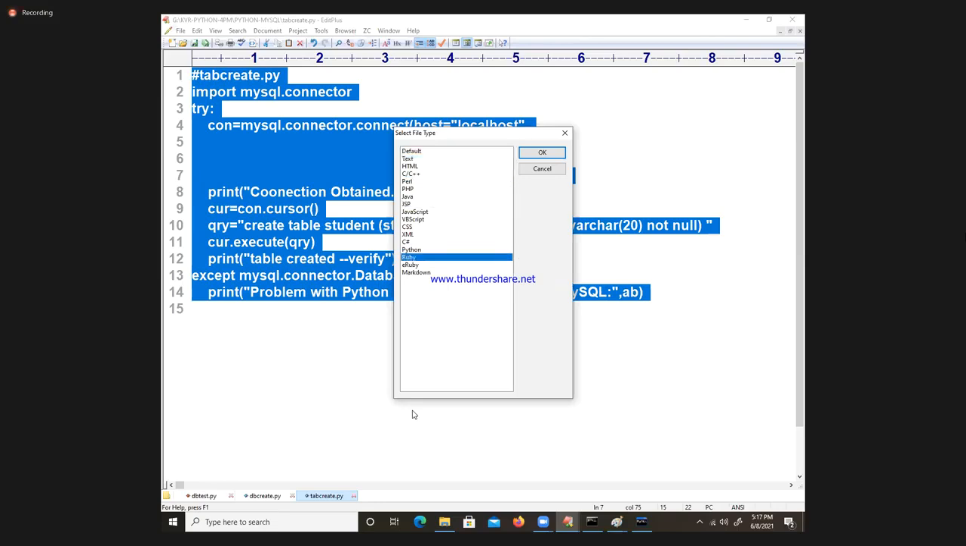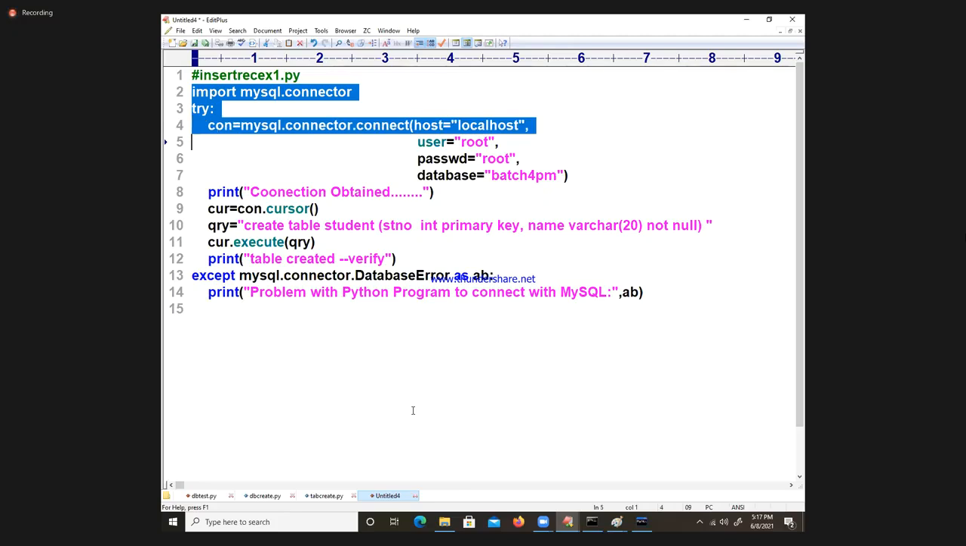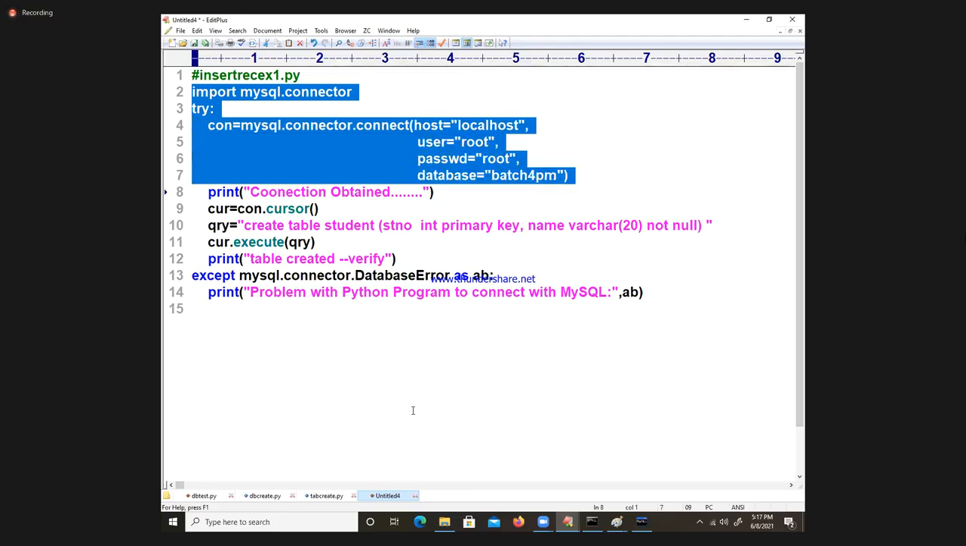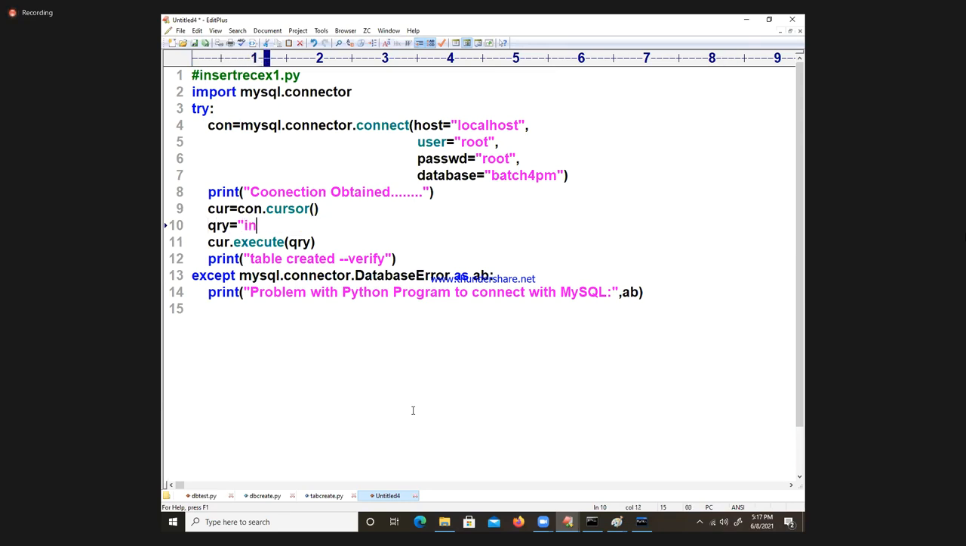Slowly we are entering into the subject part. So now I am saying table insert example, insert record, example 1.5, same to same. Yes, connection obtained, cursor. Now I will change the query. Come on, insert into